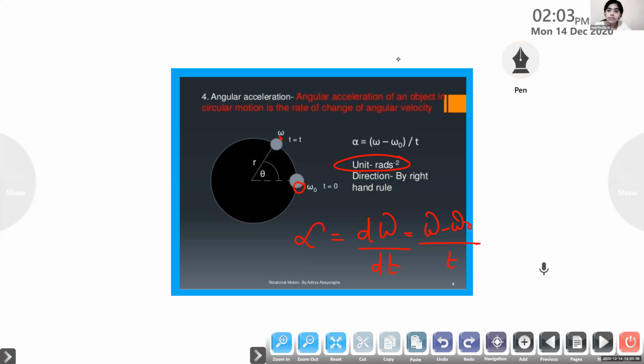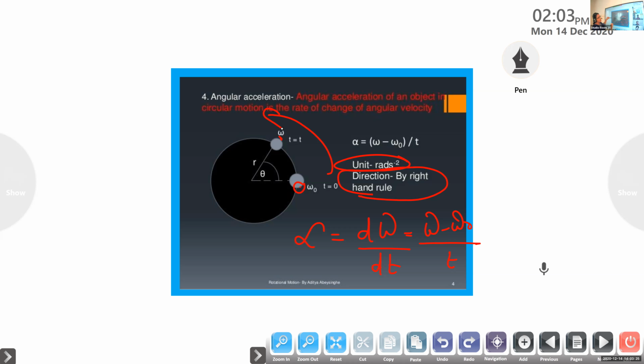Yes, ma'am. Okay. Finish. And the rule here, I have already explained to you: right hand thumb rule or right hand screw rule. Here also we come to it because rotation we are taking as anti-clockwise, correct? So actually